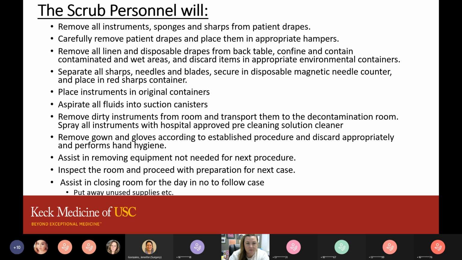Separate all sharps, needles, and blades. We have had at least 2 sharps go down to decontam at the end of cases this month. So it is your responsibility to make sure that you're isolating your sharps and disposing of them in the correct manner. Aspirating all the fluids from your bucket into the suction canister, removing the dirty instruments from the room,